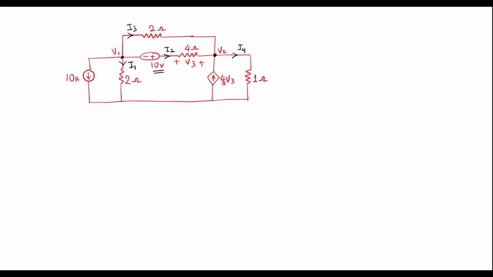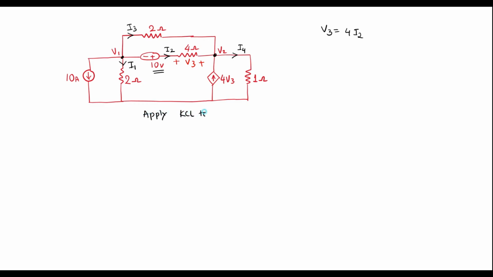So here we already have a current source. That is, here we have a voltage dependent current source. It is dependent on voltage V3, where V3 is the voltage across the 4 ohm resistor. We can write V3 is nothing but the voltage across the 4 ohm resistor, that is 4 into I2. Now let me apply KCL to node V1, that is apply